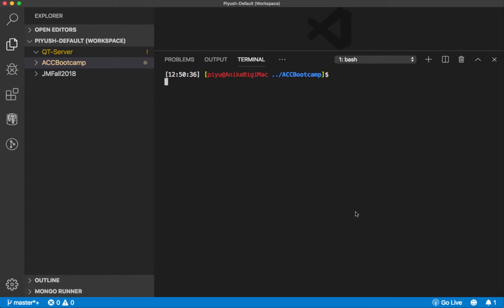So the first thing I'm going to do is assume that you guys don't have a security key, so we're going to create a security key. Now I'm going to say ssh-keygen. This is a command that will generate the key. It says generating public and private RSA key pairs. By default, it creates a key in my home directory,